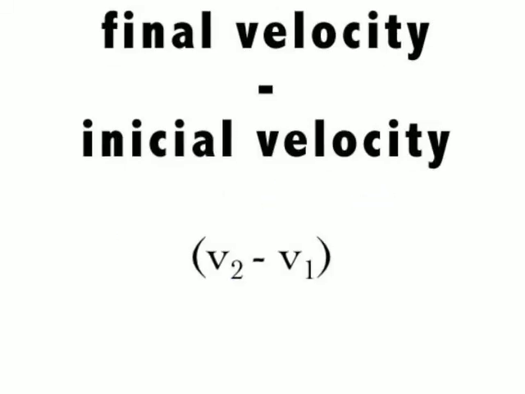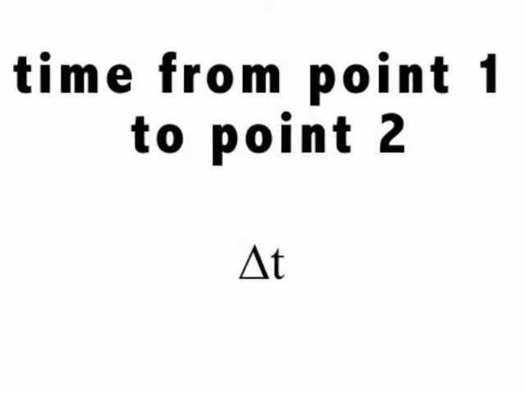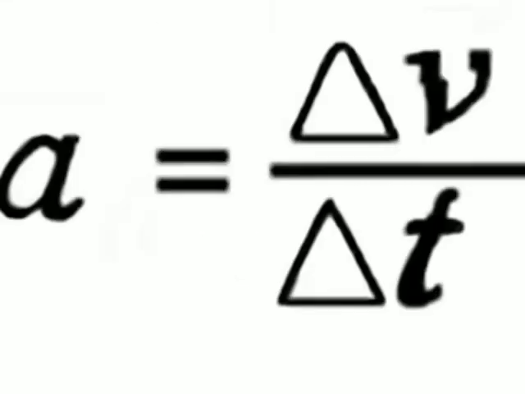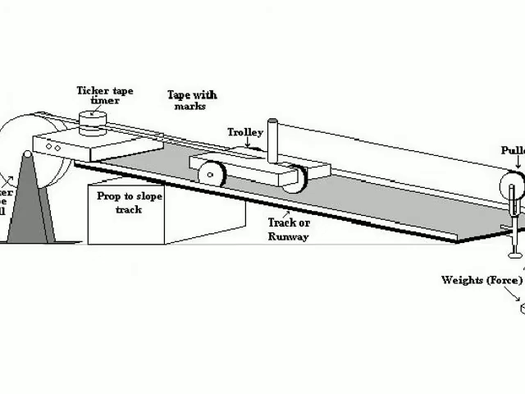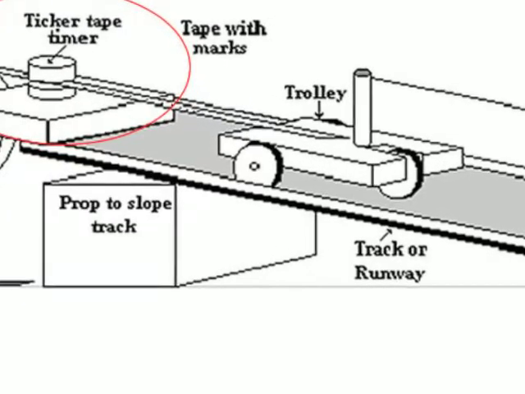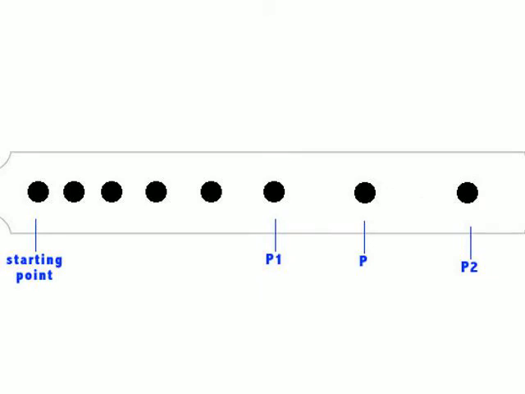To determine the acceleration experimentally, you need to find the change in velocity in a measured time interval. The recording timer used in this lab will show the change in motion of the cart as it accelerates up the incline. After you determine the first dot and its velocity as 0 meters per second, you need to find